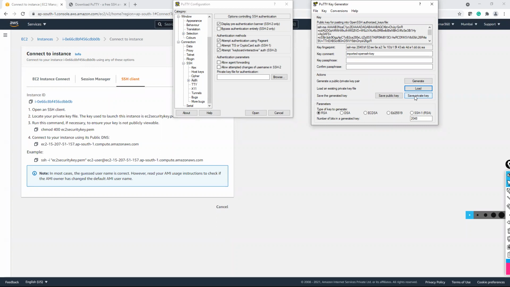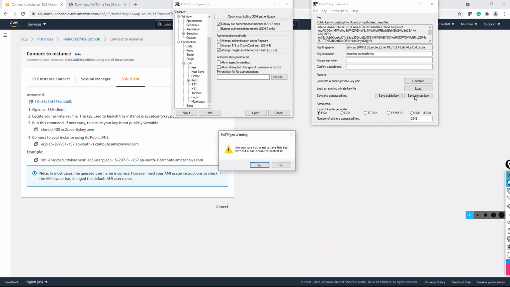What happens if we generate? The generate option is for when you don't have a key. If you want to generate a new key pair, in such scenarios you'll use it. Here we are connecting with AWS virtual machine. It has provided us a key pair. Suppose your friend is using a Linux laptop and you want to virtually connect to your friend's laptop, and instead of just giving a password, your friend can create some key pair using this PuTTYgen and share it with you. Got it.